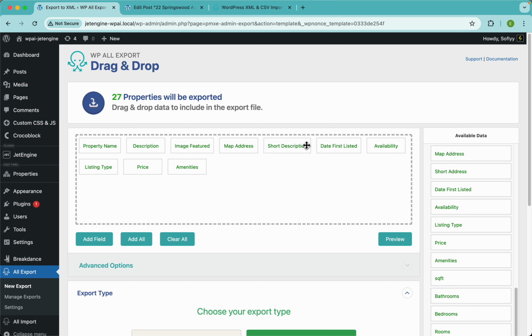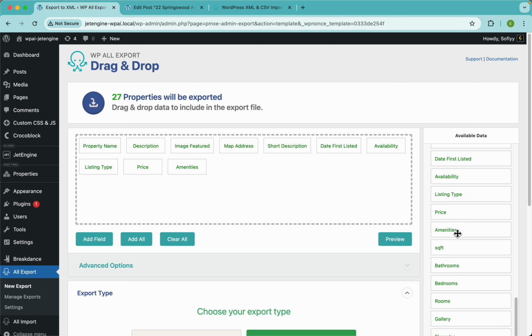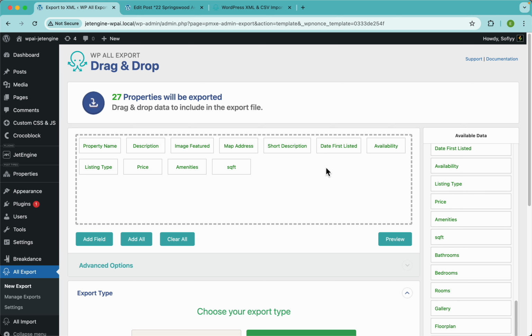But if you need to do more complex stuff, like maybe call an API and maybe bring in some data or make some operations or do whatever you want with PHP, you can absolutely do it. And if you want to know more about that, you can always check out the documentation on our site or contact our support team, and we will be more than happy to help you out. For now, let's just continue dragging and dropping some stuff here. We have the square feet, bathrooms, rooms,